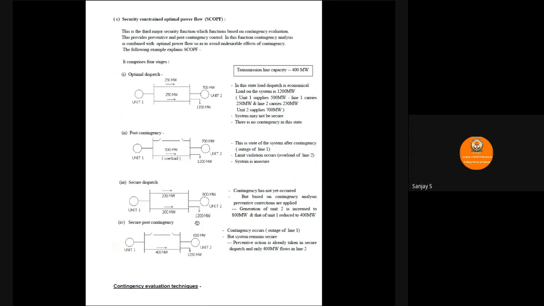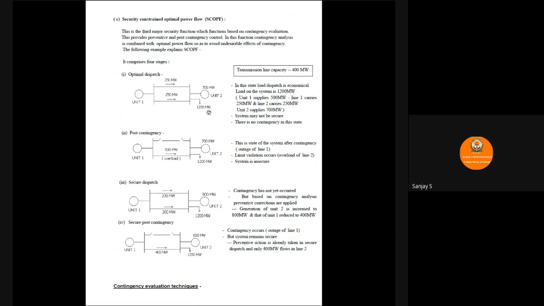So now here we can see the effect of this operation. Let us consider 4 stages. Stage 1, we have generating unit 1, we have generating unit 2. The generating unit 1 has a capacity of 500 megawatts, generating unit 2 700 megawatt, and we have the transmission line capacity as 400 megawatt. That is, each of the transmission lines can supply power at 400 megawatt. We have 2 transmission lines here, and load is in the vicinity of unit 2, and the demand is 1200